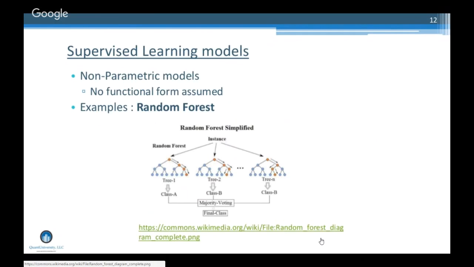Now it also comes to the context of the applicability. If you are trying to build out an algorithm,